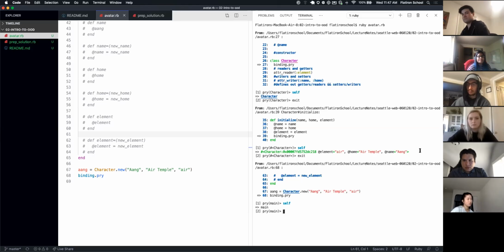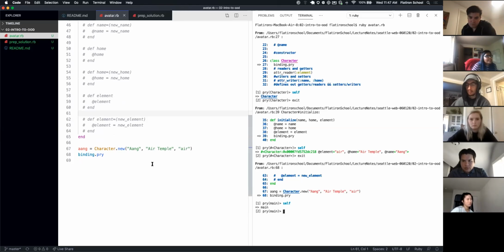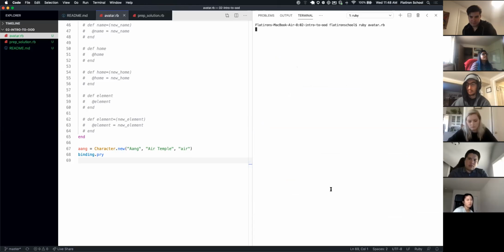But couldn't you just also type in, like, I think this is ang, and still have the same information available when you're in binding.pry? Yeah, that's a good question. I can do that if I'm in the main program where I have access to ang. If I'm in, let's see, so I'm in main right now because I'm in my last pry. I can type in ang and I have access to this character. Cool. If I exit out of this and I go back to my initialize,